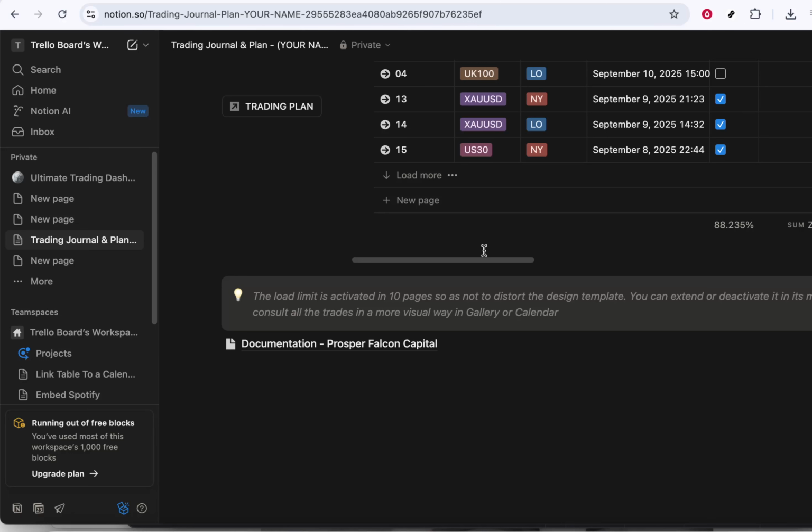By maintaining and updating this journal consistently, you'll not only track your progress over time, but also refine your strategies for future trades. Remember, the key to success in trading, as with most endeavors, lies